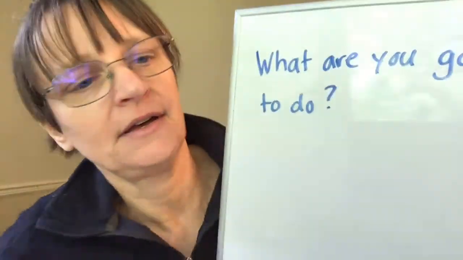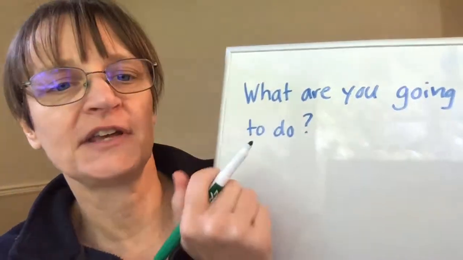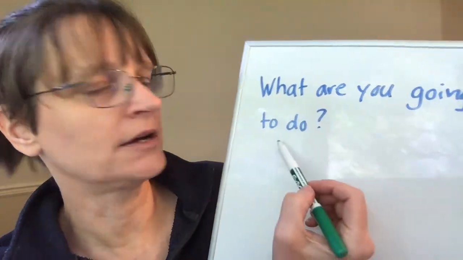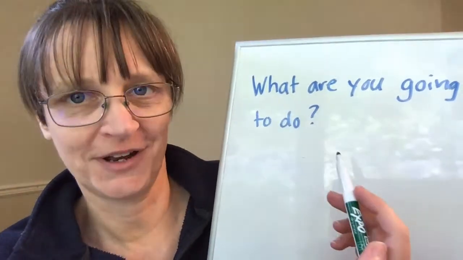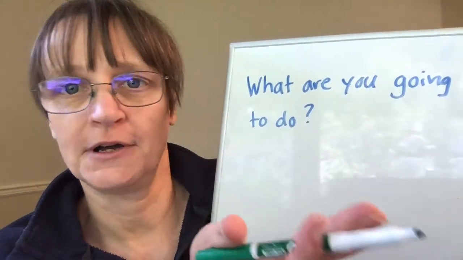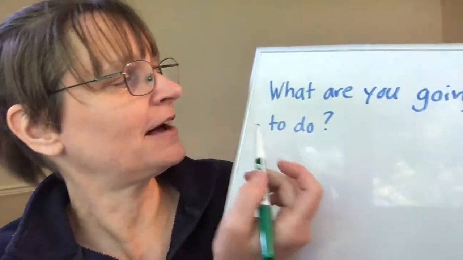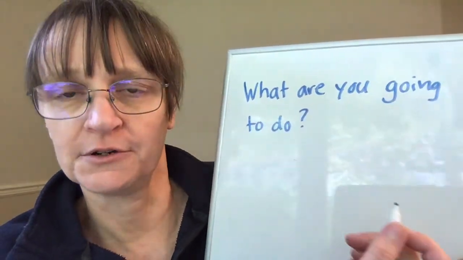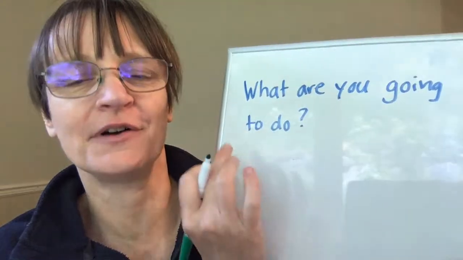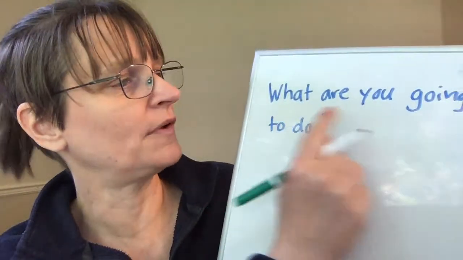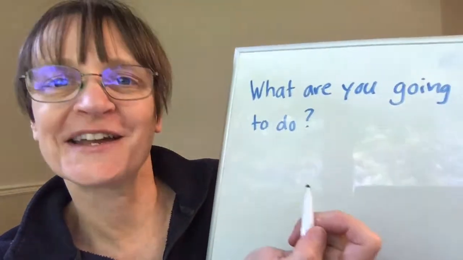So the example I want to use is this sentence. And if I said it word by word, it would sound like, what are you going to do? You can hear how that's not how I really talk. When I really say this to my daughter or a friend, I would say it more like, what are you going to do? Or what are you going to do? So you can hear how it's fast, it's connected, and many of the sounds sound different than when they're individual words. Let's break it down.